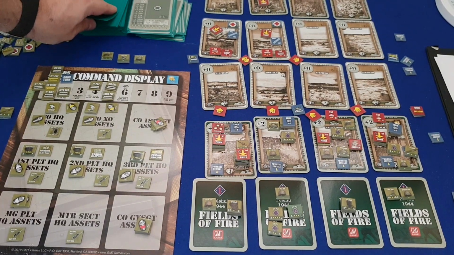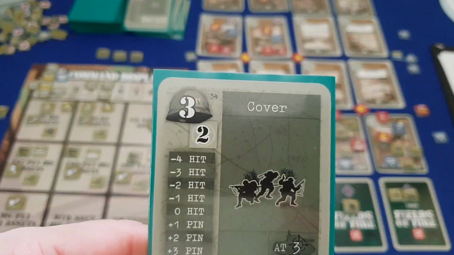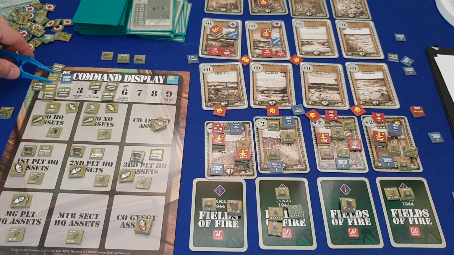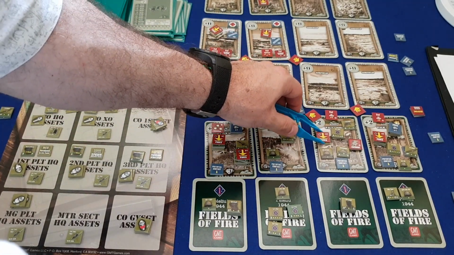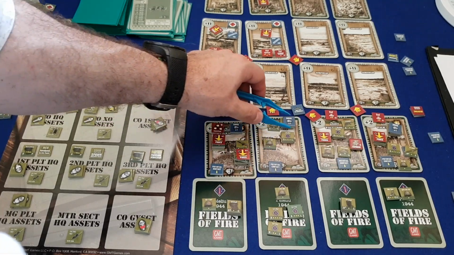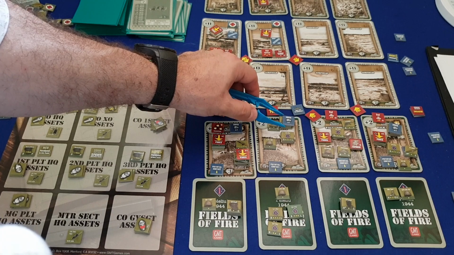2nd Platoon is line, so there's no modifier to the big number. The big number is 3. So 2nd Platoon, which had 1 saved, is now up to 4. And what I think we want to do is, where are we? 2nd Platoon HQ here. I think we will,